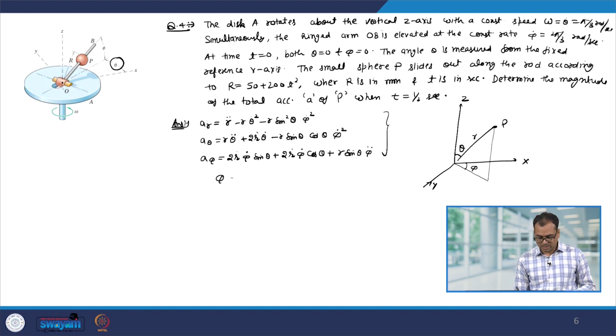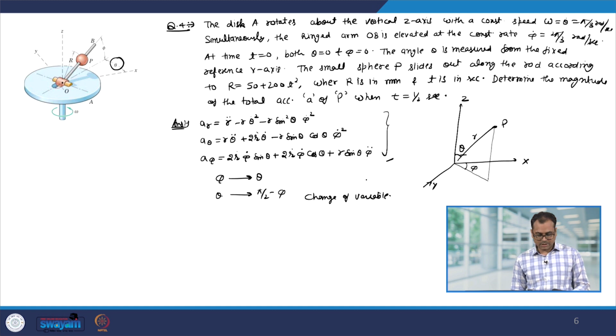In our formalism, we have to replace this phi by theta, and the angle theta, which was the angle that r makes from the z axis, will be replaced by pi by 2 minus phi. So, let us make these transformations, or we can call it the change of variable